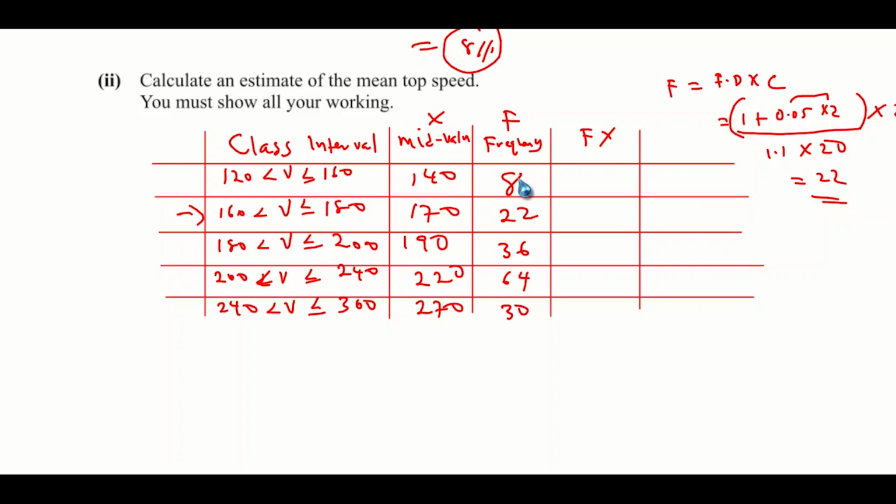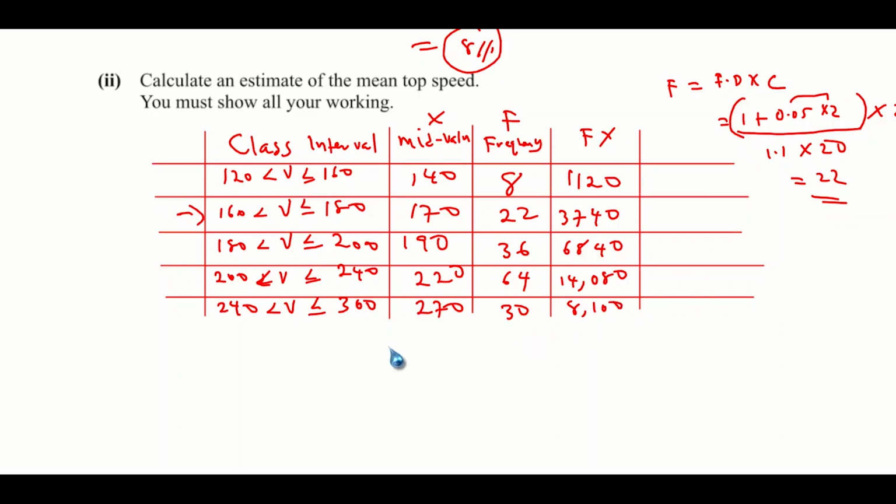Then I can get the product of x and f. So this will be 1120. So this will be 3740. So this will be 6840. This will be 14,080, and the last one will be